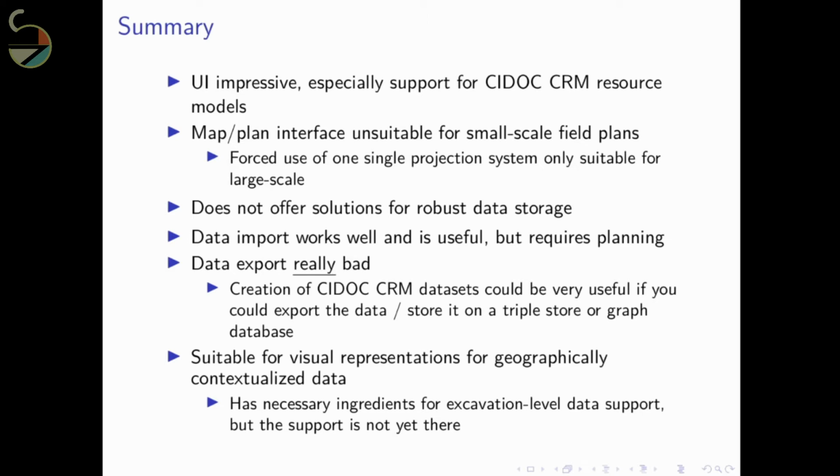But if you do field work, already starting from the point that Arches only supports one single map projection type, which is a latitude-longitude projection, which is very good for large-scale plans if you want to show plans on the scale of a country or a continent. But when you go to the level of an excavation, you would really need to be able to show the local data in some kind of rectangular coordinate system,